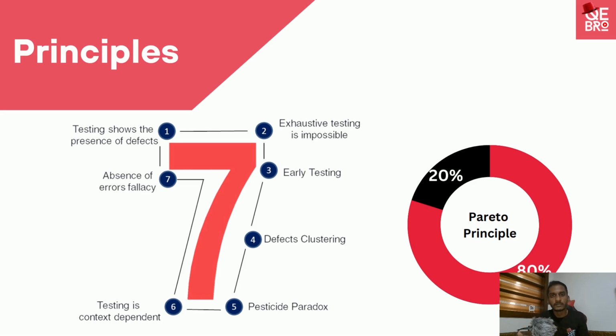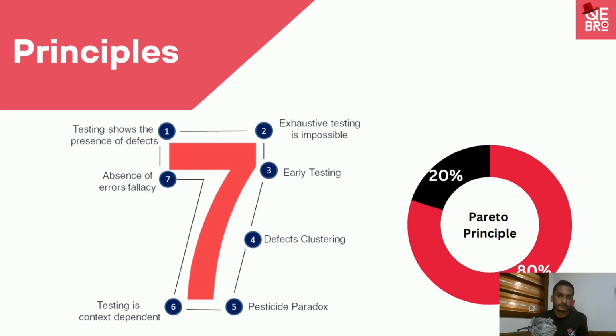So even though you apply the pesticides, you can see the bugs are still on the farm. So then you need to maybe change the pesticide, then it will have an effect on the bugs. The same thing: if you are following the same tests over and over again, you will not be able to identify new bugs from these test cases. Let's say you have only 20 test cases. The first time you run these 20 test cases, you identify 5 bugs. Now developers fix those 5 bugs.